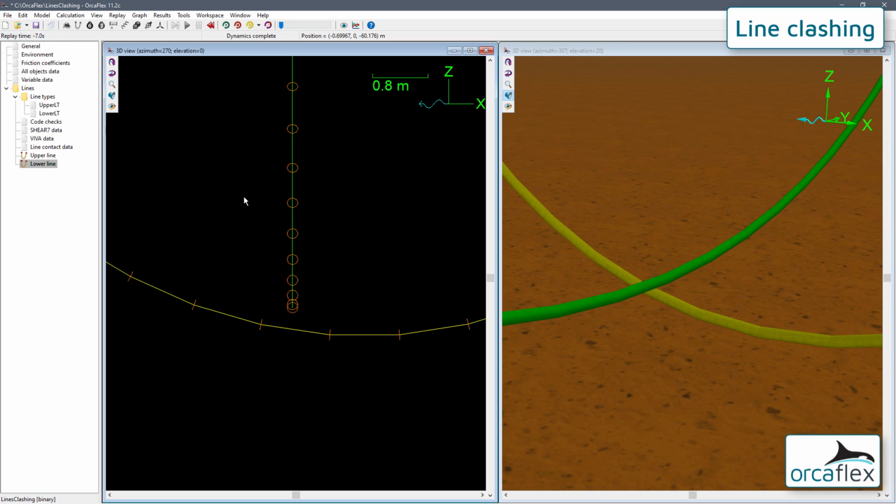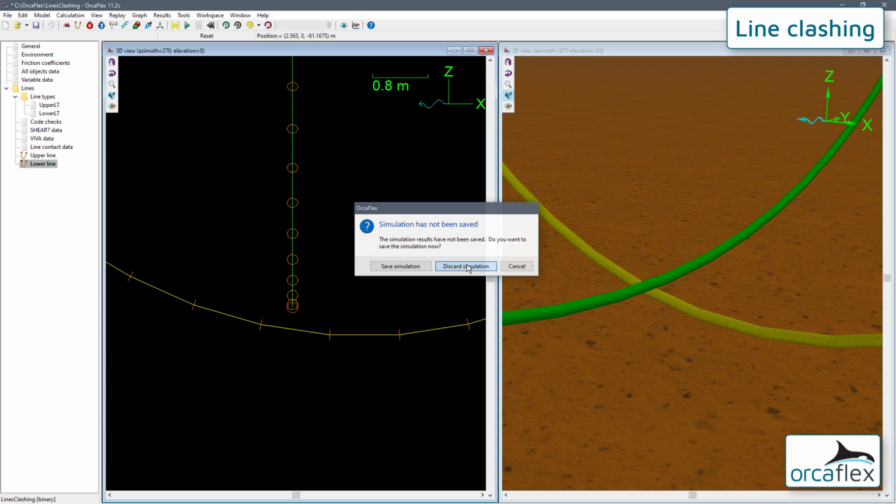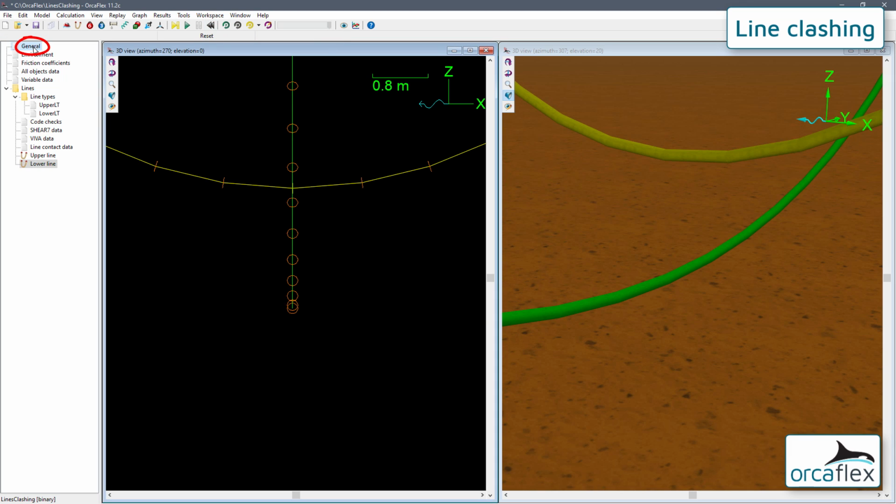So, if we have a model where there are high frequency events, such as lines clashing or objects being released, we must make sure the time step is short enough to capture these. We'll revisit the model again and reduce the time step to 0.1 seconds.